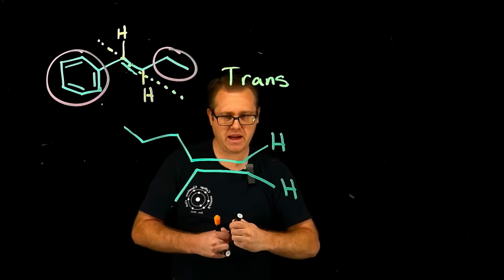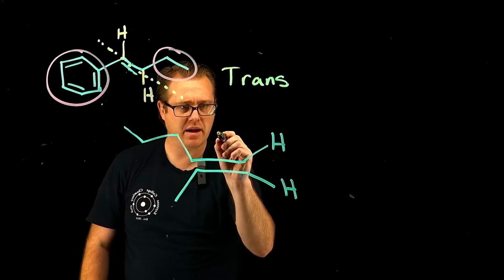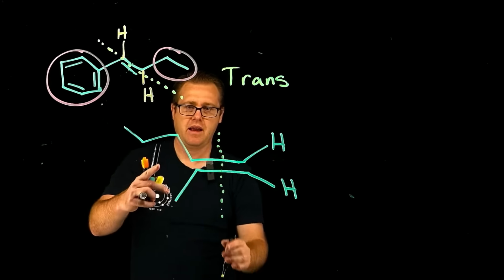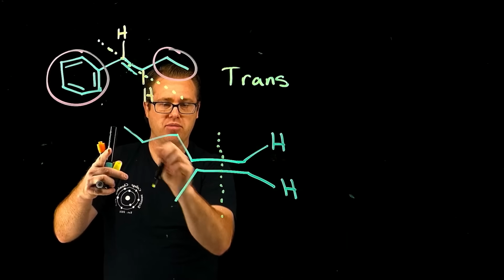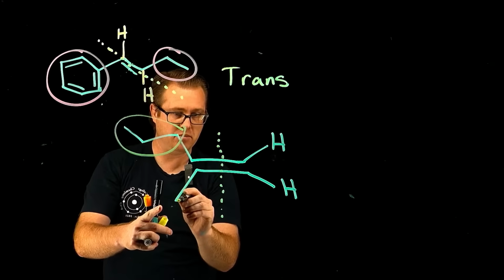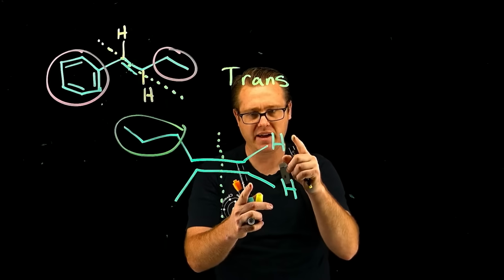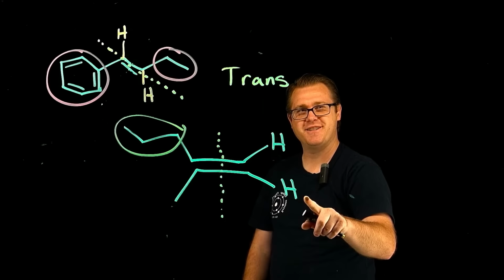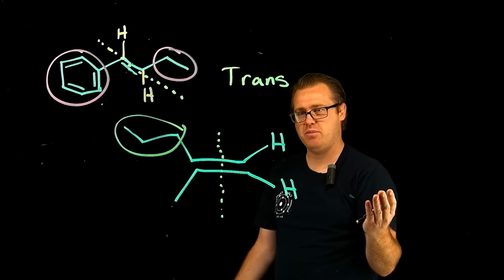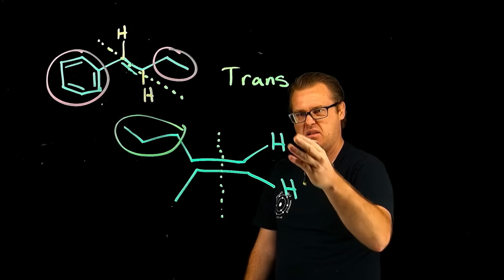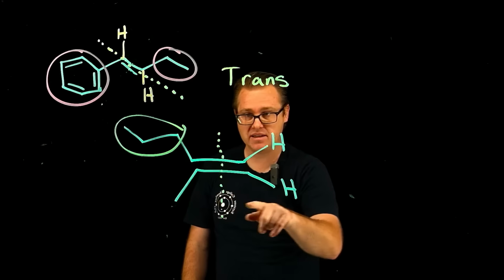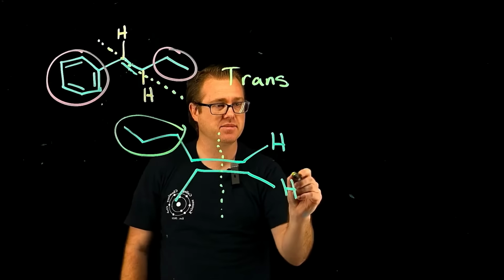We draw in every piece. And now we go right down the middle there. And we can see a propyl is bigger than a methyl. But then we come to this carbon here, and we have two hydrogens. How do we break the tie? We don't. So when you see alkenes that are di-substituted,